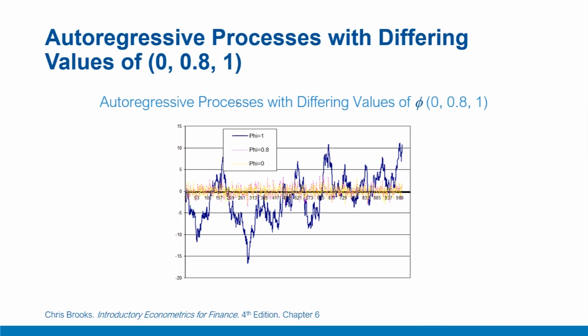Lastly, let us examine three kinds of autoregressive process: one with zero autocorrelation, which is closer to what we call white noise, one with a higher 0.8 autocorrelation coefficient, and another process with an autocorrelation coefficient of 1. So these are first order autocorrelation coefficients. Let's see what kind of processes result from these correlations.